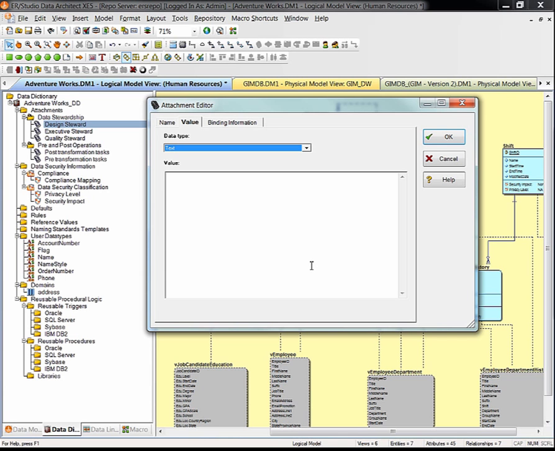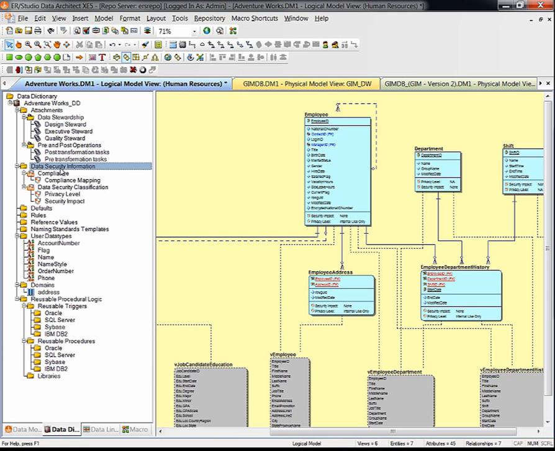So your design steward, you might want to make sure that this user is a design steward in models in my VentureWorks and also in my GimDB. And using an enterprise data dictionary, this will help you do that. We also have data security information. If you right click, you can do generate default security information. And again, more information to describe your data model and your objects, and then they can be consistent amongst your different data models. And anything you create here, we're going to create a couple of attachments just for a starting